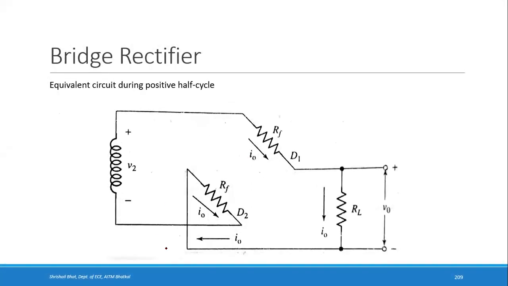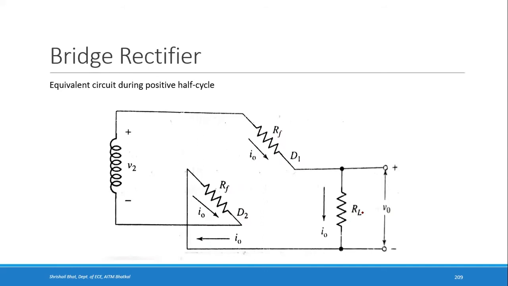In the secondary of the transformer, you have voltage V2. Here you had diodes D3 and D4, they are open circuit, so I can just eliminate that particular path. Whatever direction I had shown, this is the path that the current takes. The diode D1 is replaced with RF, D2 is replaced with RF because they are conducting. Here there is a current this way, right? If you traverse the path, the current goes through three resistances. One is RF because of the diode D1, then it comes through RL, then there is another RF. So there are two diodes which are on here, unlike the full wave rectifier where only one diode was on.